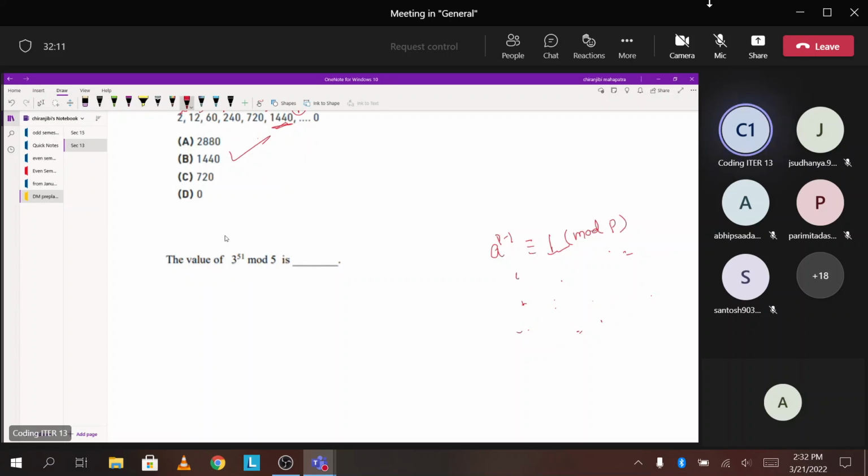So here if p is a prime, then if p is composite, then we can say that a to the power